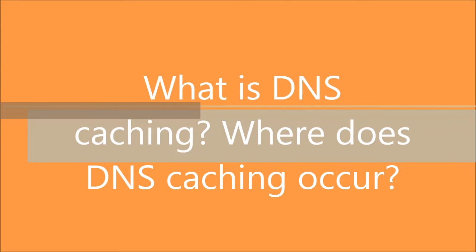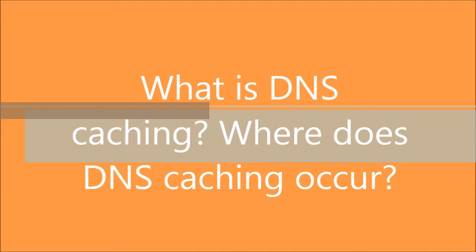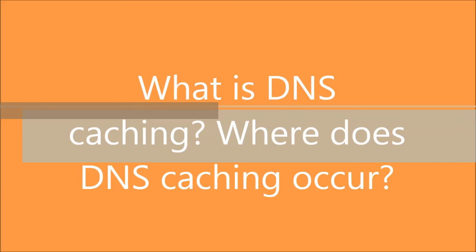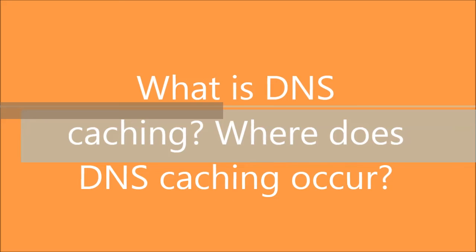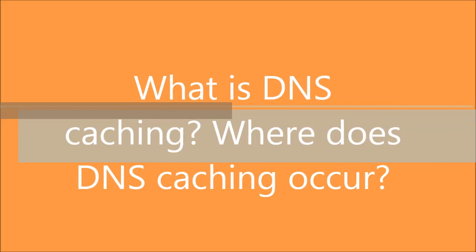What is DNS caching? Where does DNS caching occur? The purpose of caching is to temporarily store data in a location that results in improvements in performance and reliability for data requests. DNS caching involves storing data closer to the requesting client so that the DNS query can be resolved earlier and additional queries further down the DNS lookup chain can be avoided, thereby improving load times and reducing bandwidth or CPU consumption. DNS data can be cached in a variety of locations, each of which will store DNS records for a set amount of time determined by a time to live (TTL).